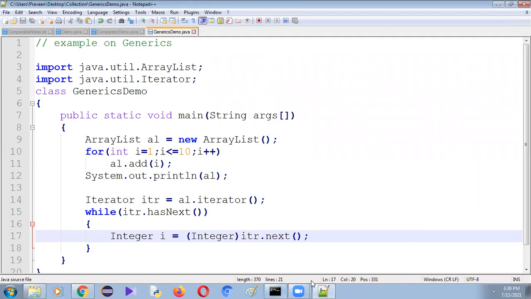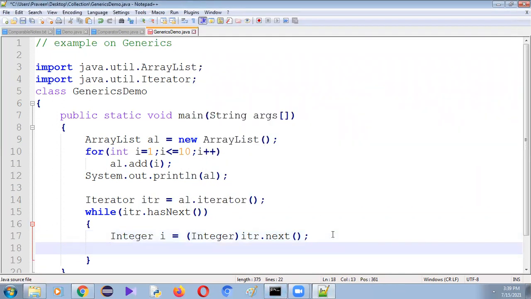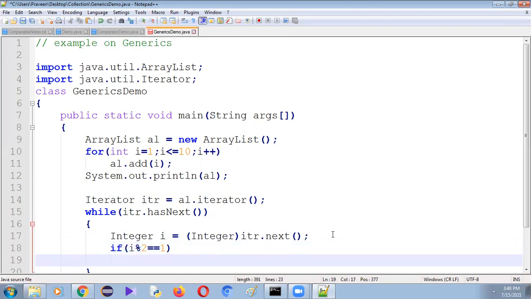Now I can apply the modulus on this i. If i modulus 2 equals 1, what do we want to do? I want to remove it. ITR.remove().